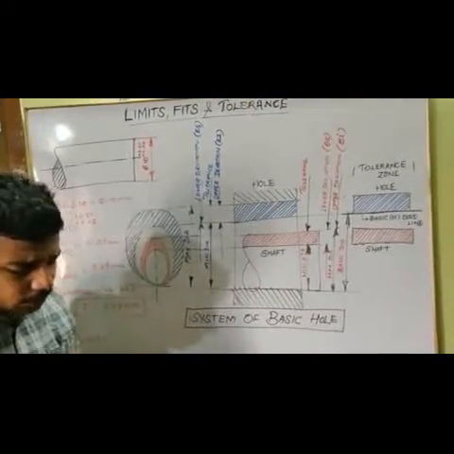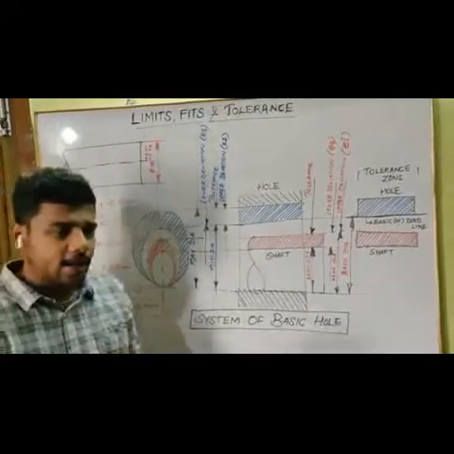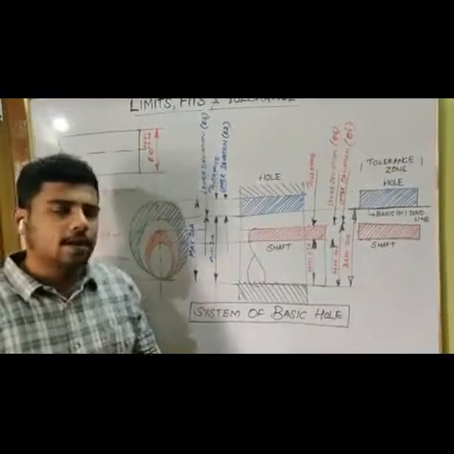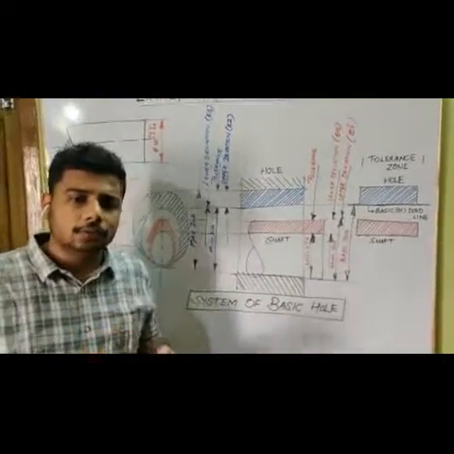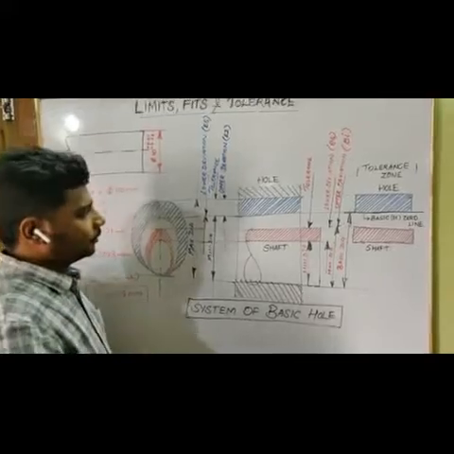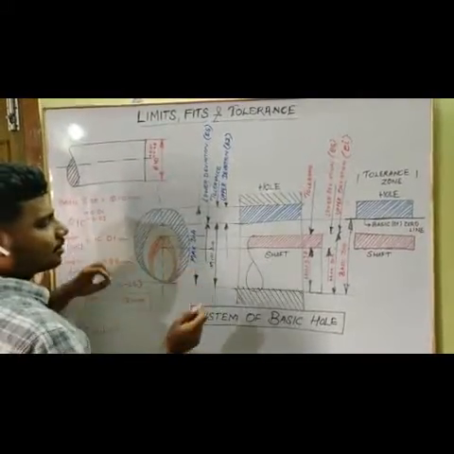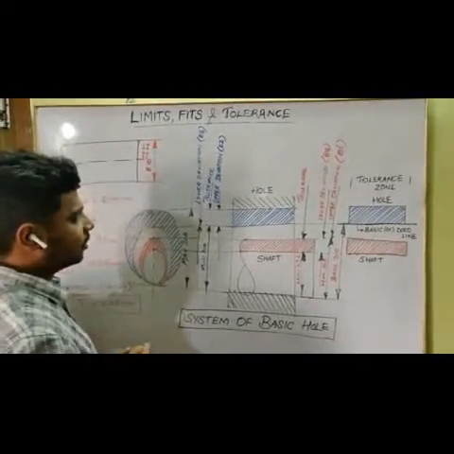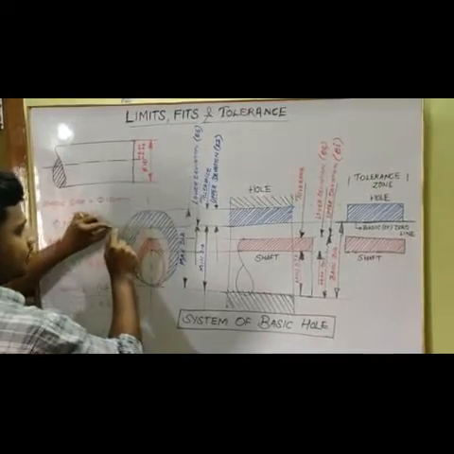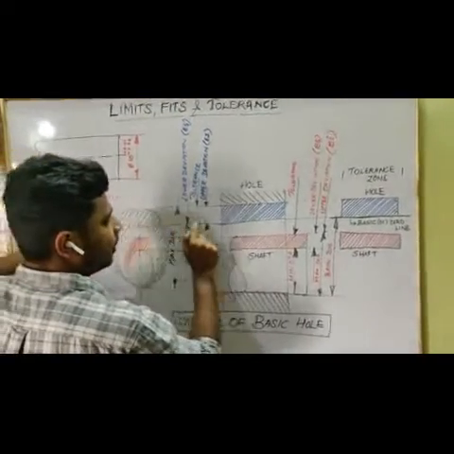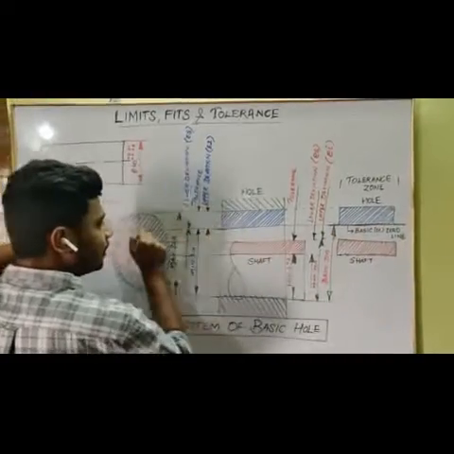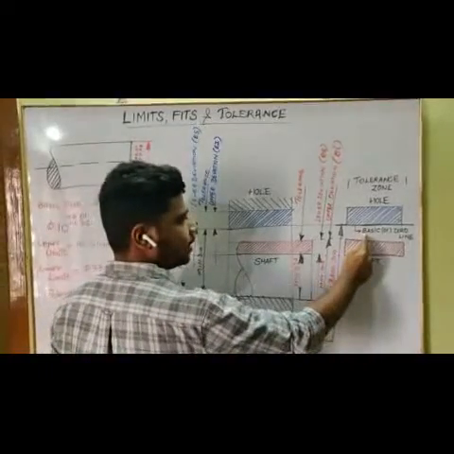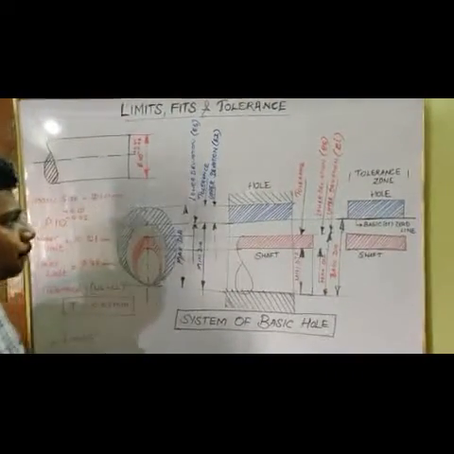So this hole is having, for example, 20 mm dia, so the shaft should be 20 mm dia in the same way, so that it can make an assembly, right? So here the 20 mm is called a nominal size. The size which is going to be manufactured, that size is called a nominal size. To show that line, we have a basic line, and that line is called your 20 mm nominal line or a zero line. So you can term it as a basic line or a zero line, right?